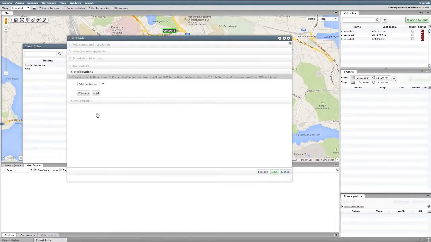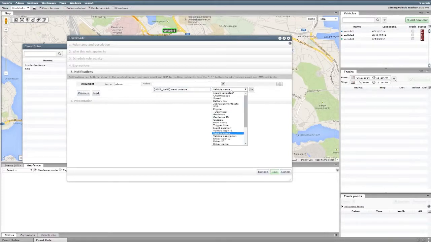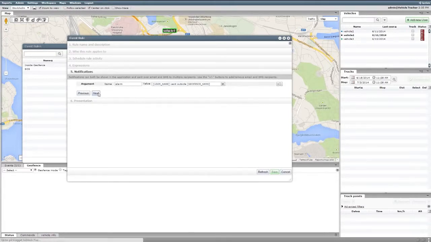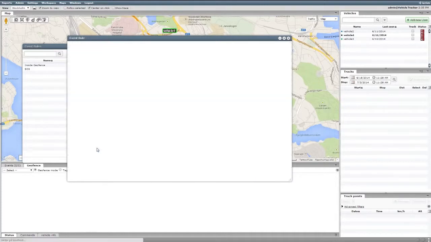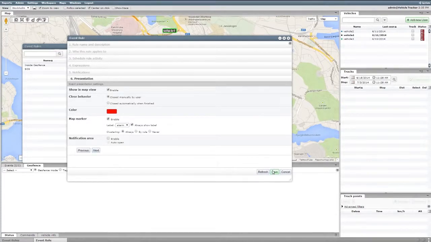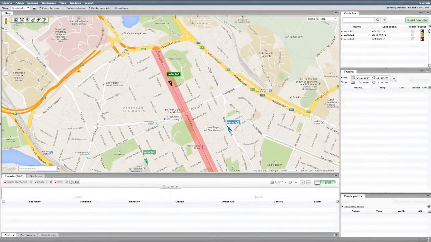I will also add a simple notification by inserting an argument. I will call it alarm and insert the vehicle's name followed by went outside and then the geofence name. In the last step, in the map marker section, I will choose my alarm as a label and select always show label. Now we have created a geofence and attached an event to it, so let's see what happens when